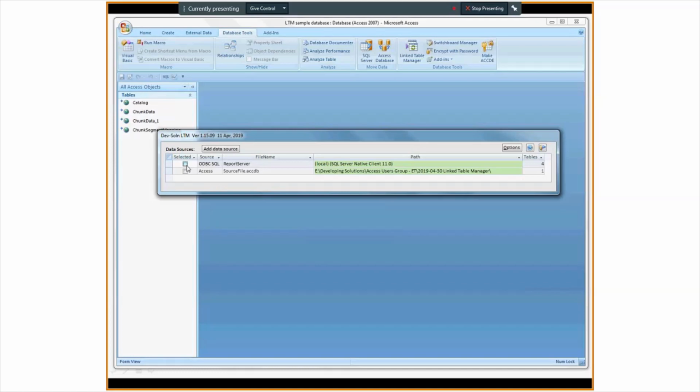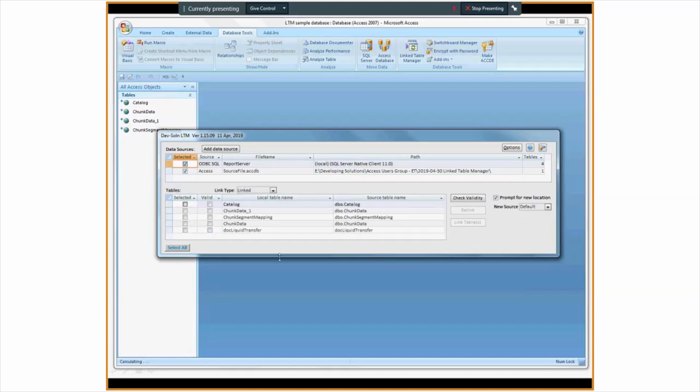Okay, so if I check on both of those, you'll see all those tables. And if you do a select all now and do a relink or refresh links, it'll start out and ask you for the first